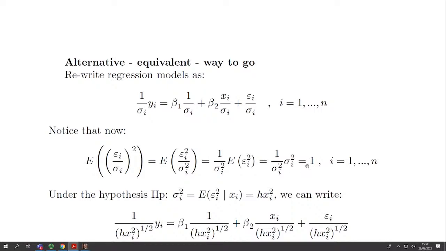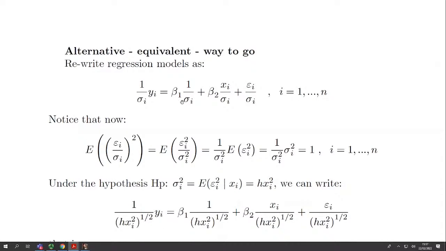I have the variance of this error term here is equal to 1. So I have induced homoscedasticity with this simple operation. I have standardized it. I divide, let's say, both sides of my regression equation by 1 over variance. Okay? Now, at this point, if you agree on this operation here,